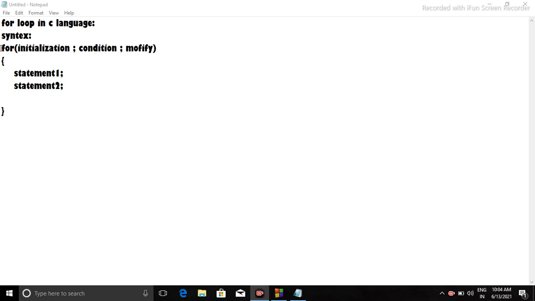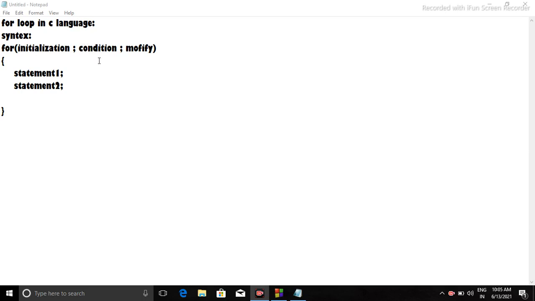For loop starts with a keyword for and then parenthesis. Inside the parenthesis we have to first perform the process of initialization. That means there will be a variable to which we will initialize some value. After a semicolon we will put a condition, because there needs to be some point at which our loop needs to be stopped.